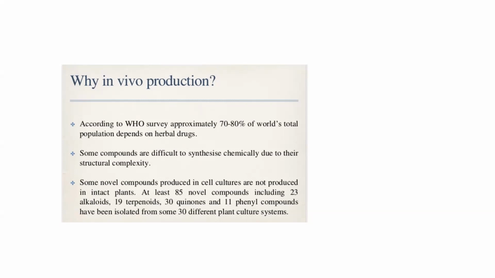We see everything has a growth curve, no? You have a lag phase, log phase, stationary phase. In any of these phases only the drugs will be produced. So we should have knowledge of which phase the drug is being produced in, and you can maintain the cells in the same phase. Suppose the drug is produced maximum in the log phase of the growth, then you can maintain the cells in the log phase itself and get the drug easily into the medium. You can purify the drug also very easily. So that is the reason in vitro production is very beneficial.